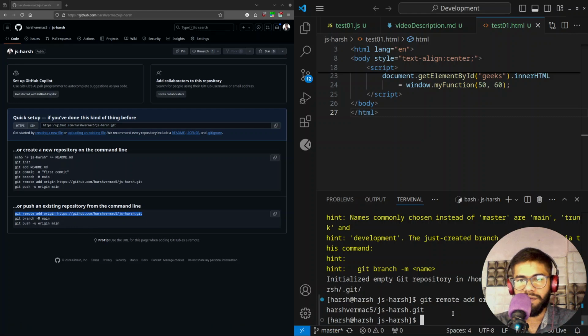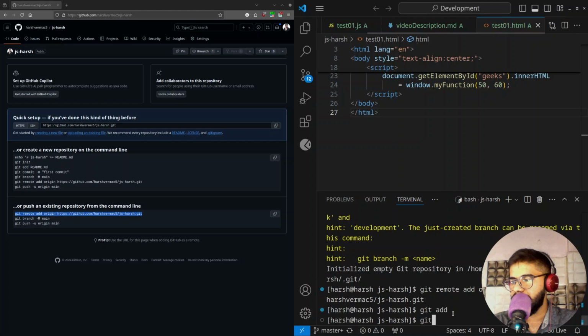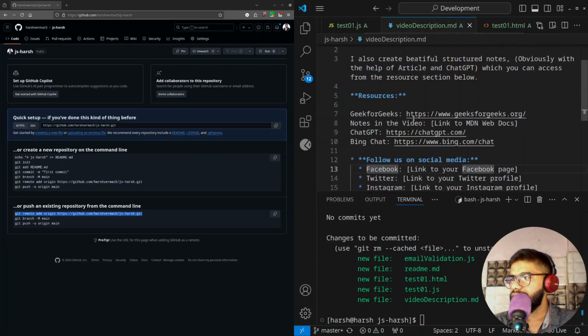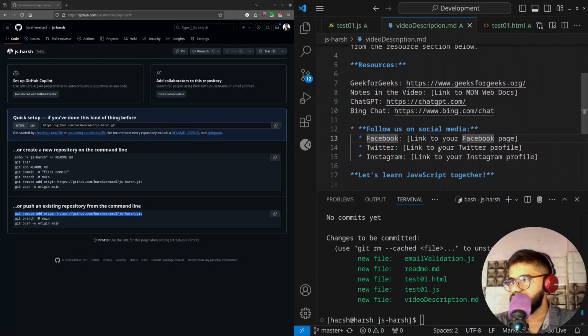So now git add dot, adding everything, check the git status, and we also have all the new files. Okay, I think we haven't completed the description yet. Okay,